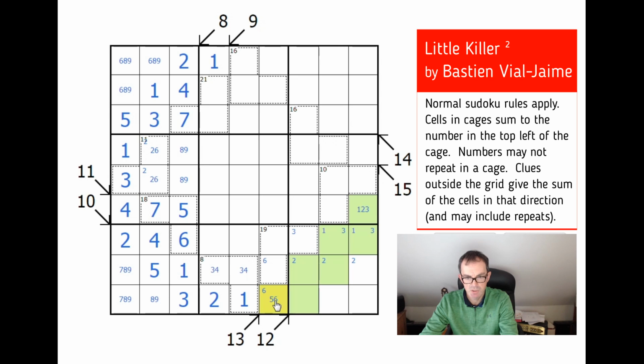Now, can we rule out another one? No, we're not going to. If I make this a 6, the problem is it has very little interaction over here. So it's not really doing anything to the area I want to restrict. Oh. Okay, what am I meant to do then? Must be a 1 in one of those squares. You can see 14 and 15, so we've got 29 into those squares, but I've no idea how we... 29 doesn't...